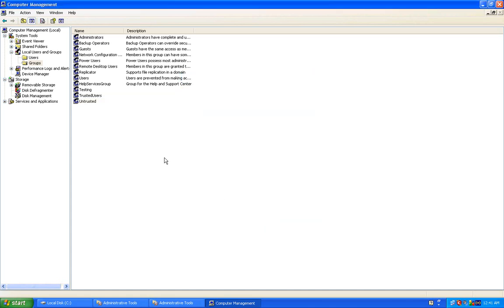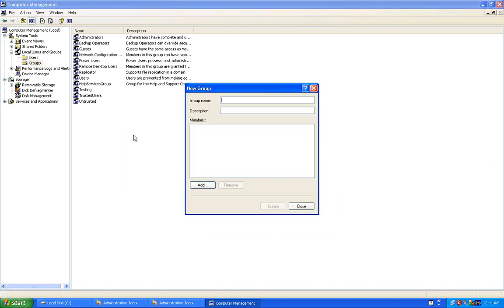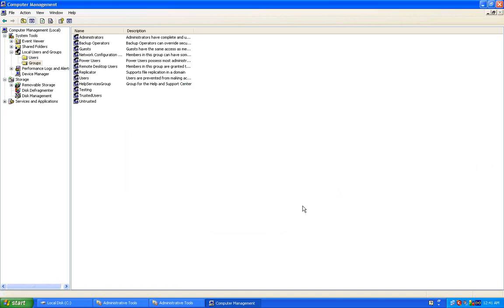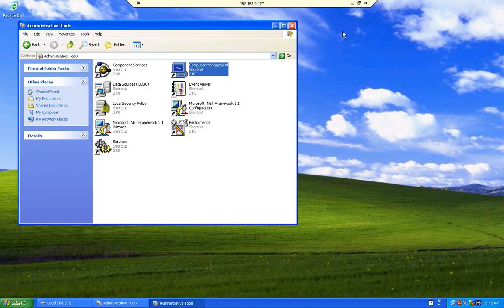Now that we've established these groups, we can set individual permissions. And if you need to know how to set up your own group, it's simple. You just right click, click New Group, and then you add names just as we just did. So now that we've looked over how to manage our groups and users, let's see what we can do with